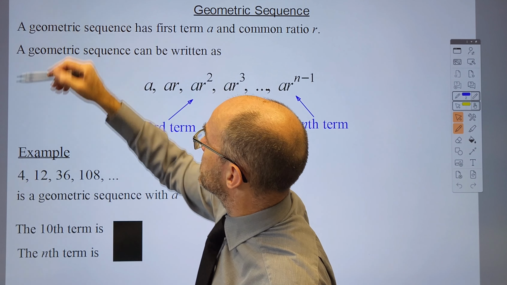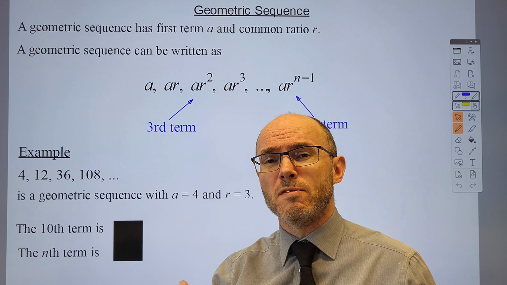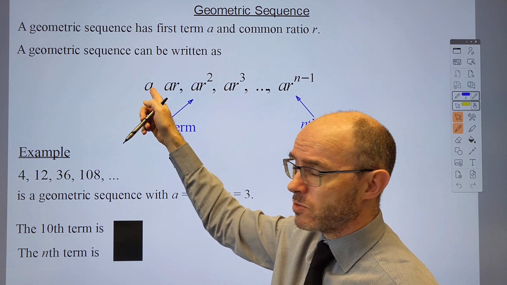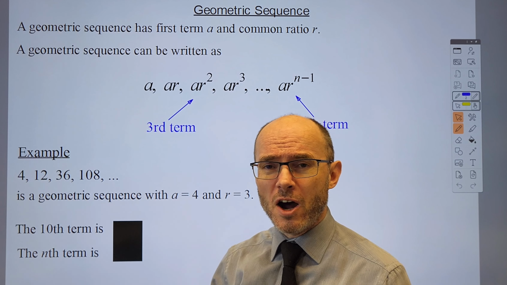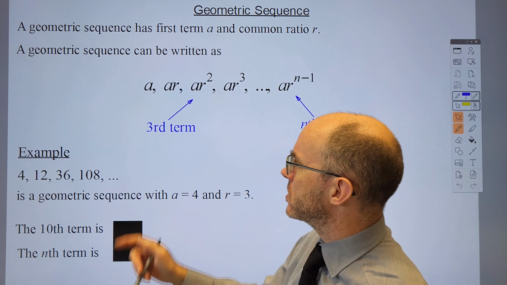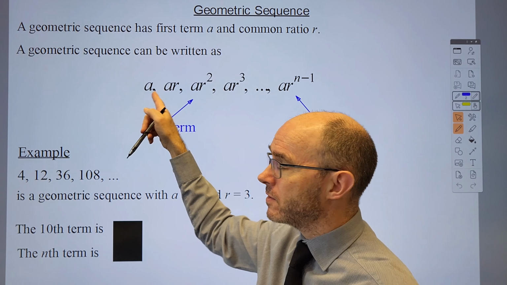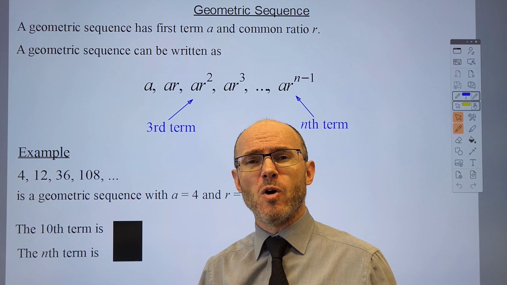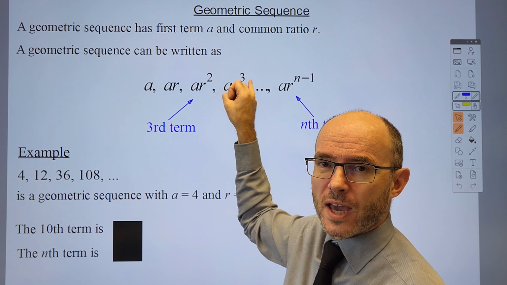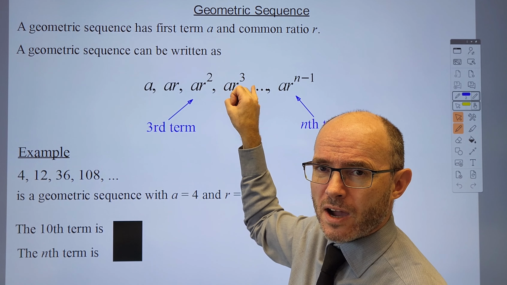Okay. Next, I just want to show you how we form your general geometric sequence. It's like this. We use the letter A to represent the first term and R to represent the common ratio, which you're always multiplying each term by. So the second term will be A multiplied by R. The third term, because you're multiplying by R all the time, will be that times R, which is AR squared, and then times by R again, you get AR cubed, times by R again, AR to the power 4,